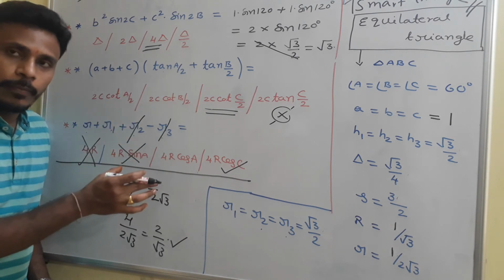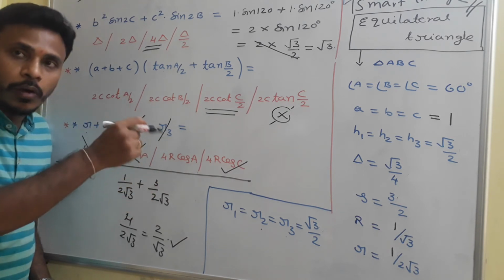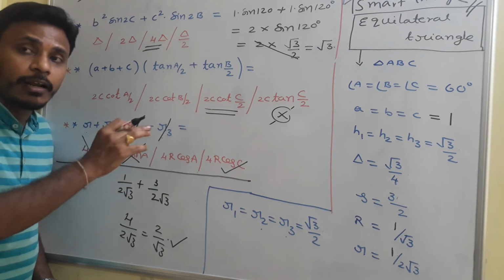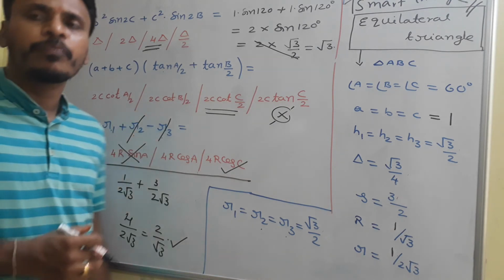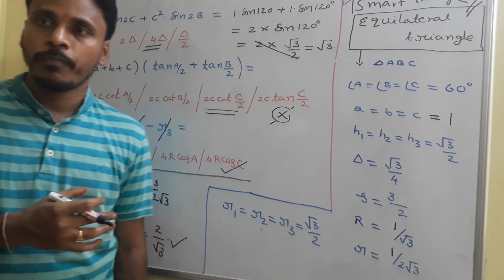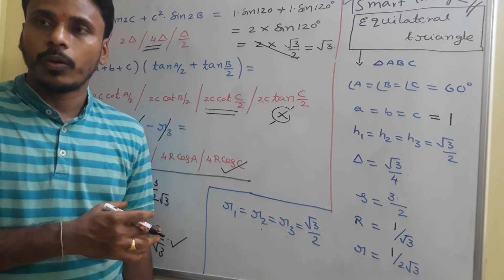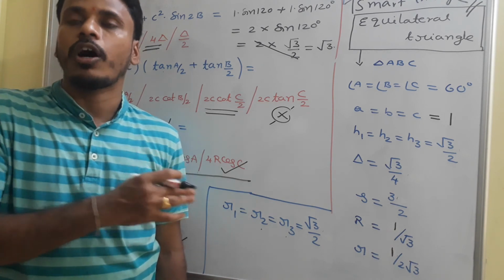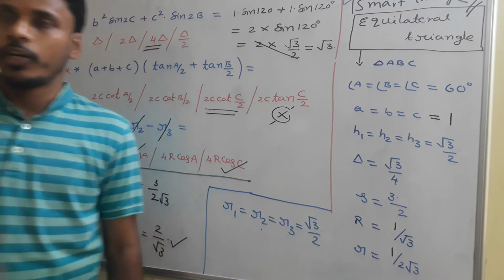So in this way, by using the concept of smart triangle as well as the idea of symmetrical pattern of properties of triangles, easily we will answer all these questions. This is just an objective approach. It's not a correct way, it's not a regular way, but this is a simple and short way to solve the objective problems. That's it. Just have a look.